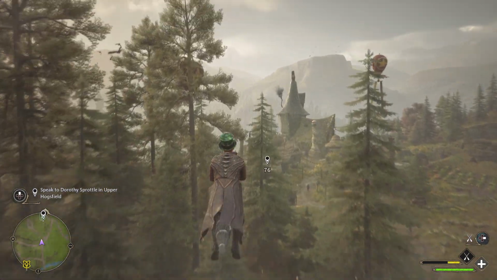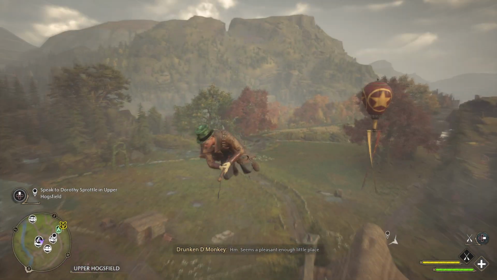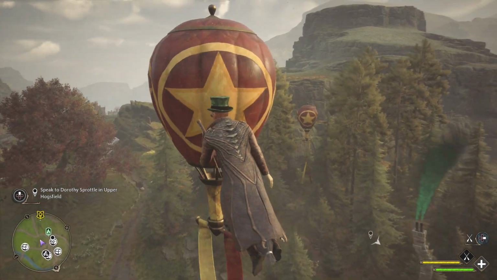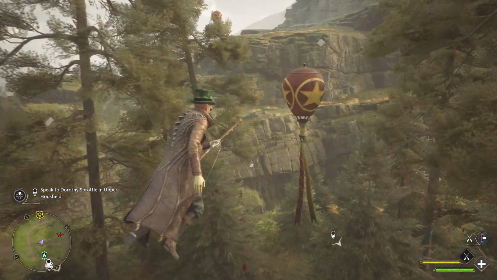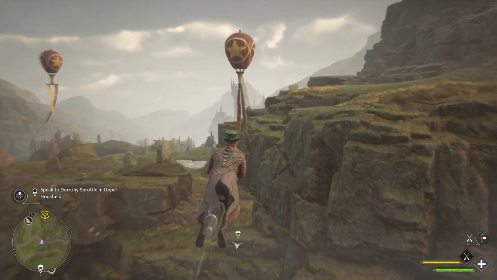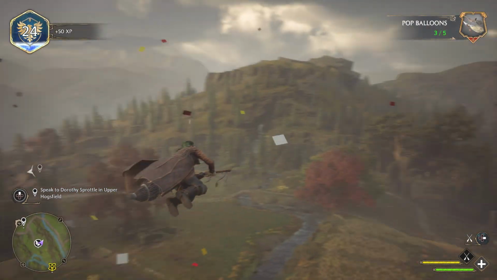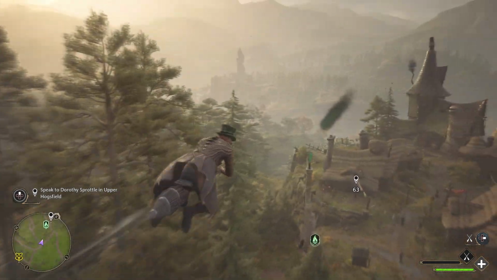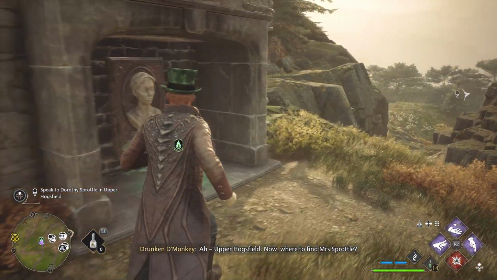These rocks have seen better days. Right. Balloon. Ooh. Seems a pleasant enough little place. See. Pop. Pop. Ooh, come on. Pop. Nice. Let's go. I remember that's a challenge. Every time we see balloons, they're usually in sets of 5. Ooh, did we find a new spot? Upper Hogsfield. Now where to find Mrs. Sprottle? Oh yeah, this is where one of those